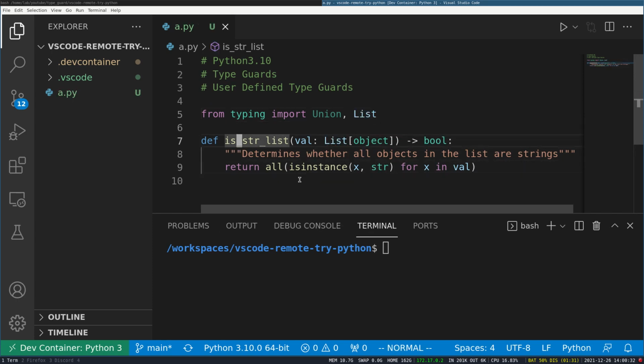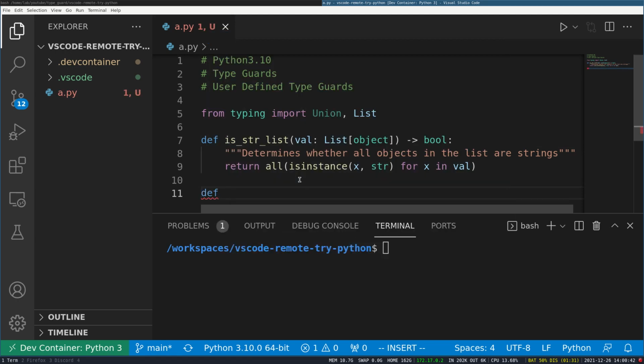Let's say you have a function which takes a variable, a list of string, and it will return a bool. So we have a function which takes a list, let's say filter my list, or simply my function.